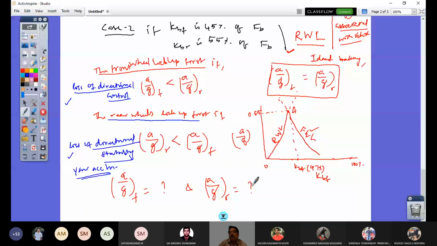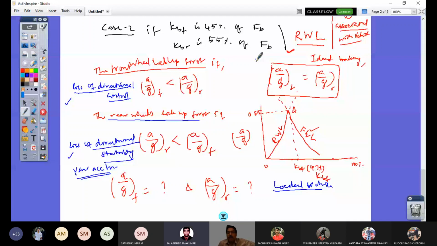Loaded vehicle. So if you see, the load also is going to influence. If you take an unloaded vehicle, this will be different. So for that, whatever this distribution is there, that's not going to work out. So you have to look at loaded and unloaded case both. So we will continue discussion in the next class, right? Do you have any other doubts?